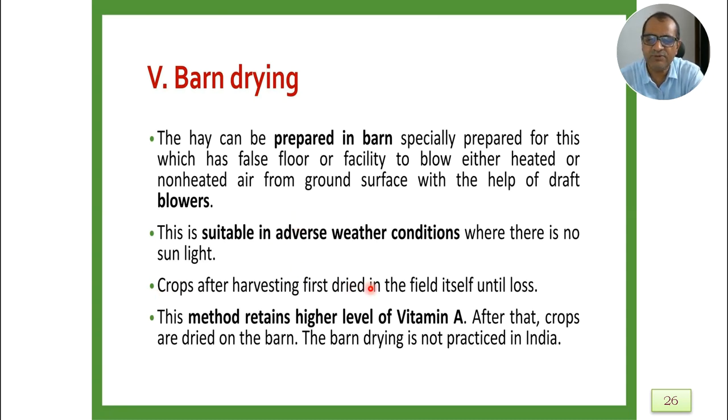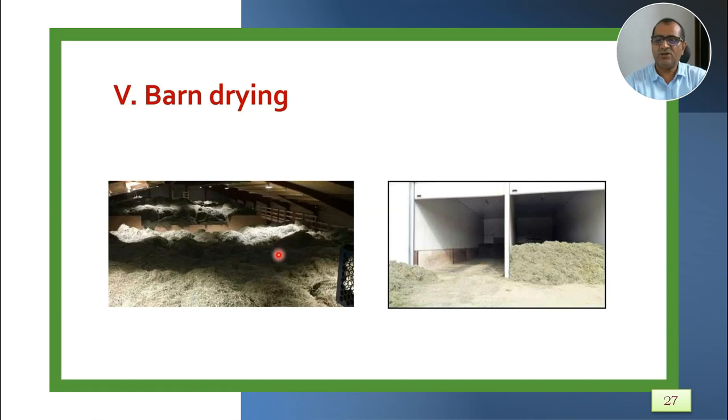Crops after harvesting are first dried in the field itself till they lose some moisture. So this method retains a higher level of vitamin A. And after that, crops are dried in the barn. Barn drying is not widely practiced in India, because the barn preparation itself may be costly, and a lot of hay can be stored, and sometimes it is also stored in bigger farms in certain parts